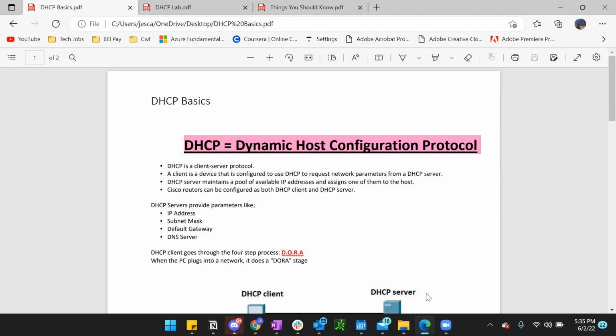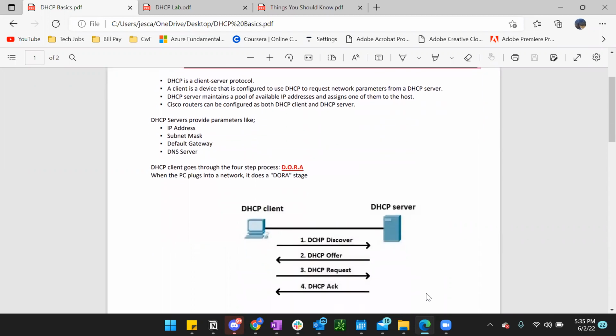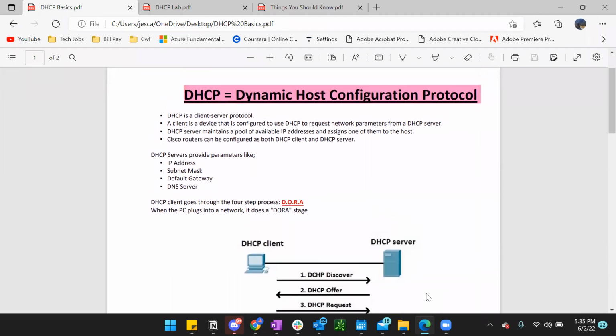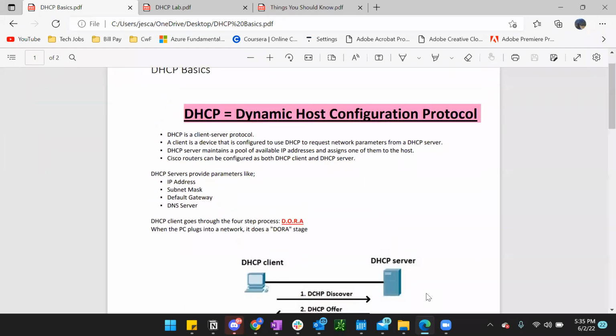It's to dynamically assign IP addresses to clients, right? If you look down here, the client is just a computer. A DHCP client is a client that needs an IP address. Remember in Packet Tracer, what we would do is assign IP addresses to the host. We'll go into the computer and put in an IP address and a subnet mask. But let's say you have 50,000 computers. Instead of manually assigning an IP address for 50,000 computers, you have one server that